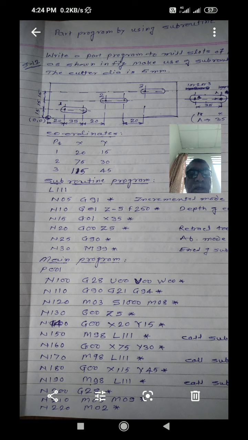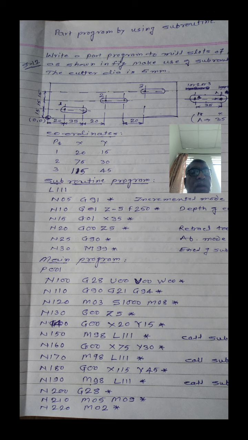After completing the operation, your tool has reached above the workpiece surface through 5 mm distance, and your program is shifted again to the absolute mode. Okay, so that in the next block you can move the tool from point 1 to point 2, that is the second location of the slot.